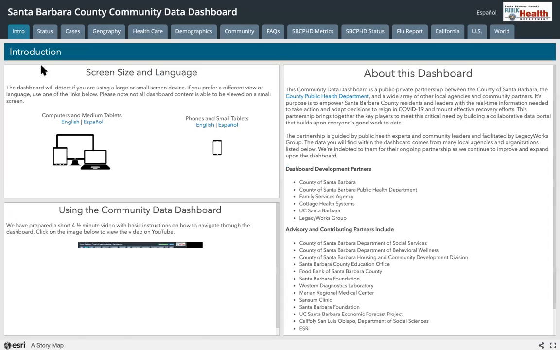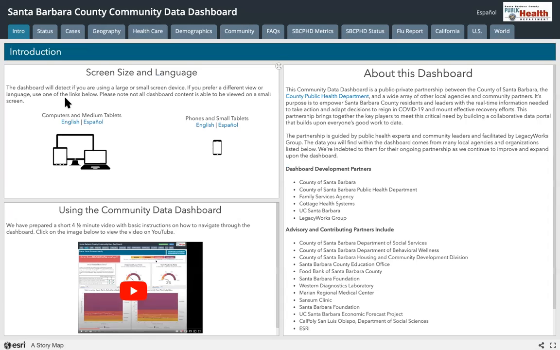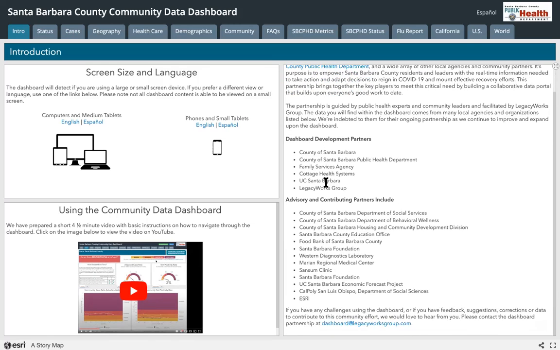The dashboard is produced by a public-private partnership, including many agencies and organizations, with the County Public Health Department EPI team first and foremost among them. You can read a bit about the dashboard and our partners here, and you can provide feedback, suggestions, and input via email to